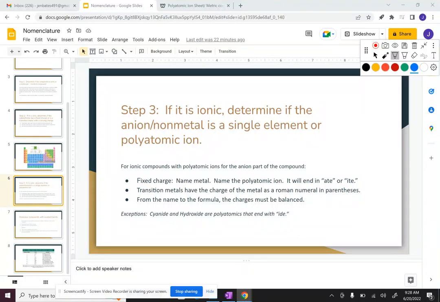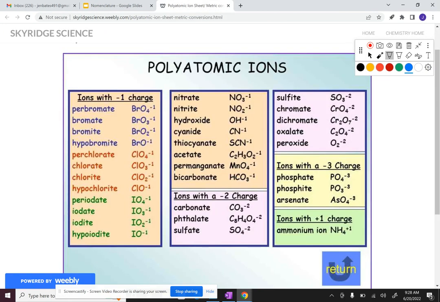If your ionic compound does not have a single element as its anion, its nonmetal part, it will have a polyatomic. Here's a list of some common polyatomics. If you notice, they are not single elements, they have friends. And they will not end in IDE as the single element anions do. They will end in either ATE or ITE, depending on